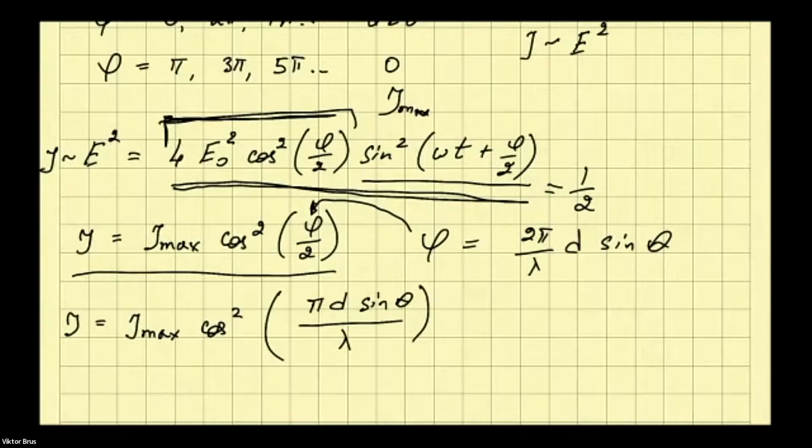So that is already the equation for light intensity distribution as a result of interference of two waves